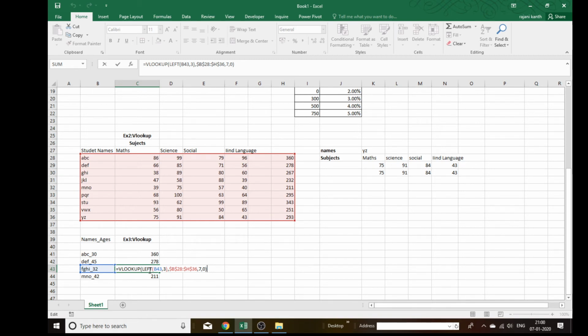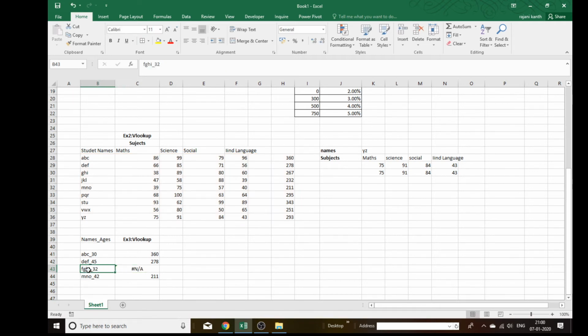Let's see. Okay, 4 letters are there, so there is no match and it is saying an error. Okay, so F2, now it is right. Okay, this is the third example for VLOOKUP.